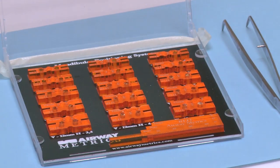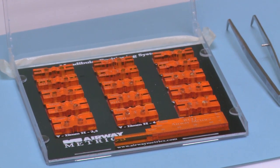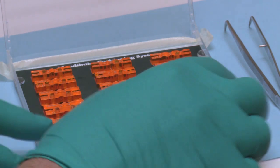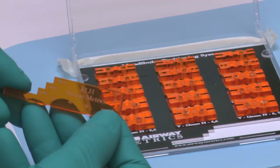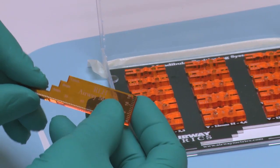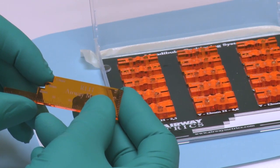So this is the Airway Metrics system that we'll be using to register Kim's bite registration. This has a vertical component as well as a horizontal component. We're going to start first with what's called the Snore Screener, and this is to determine if there's a vertical component. The first step is 4 millimeters, the next step is 8 millimeters, and the next step is 12 millimeters of vertical